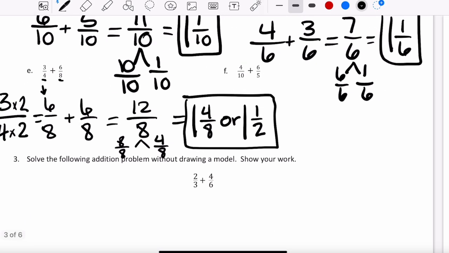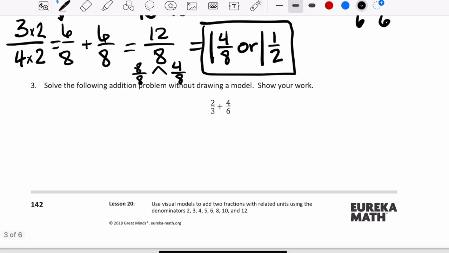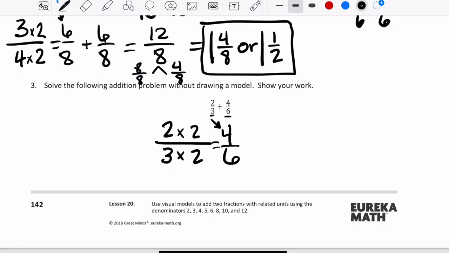Let's look at this next one. We have 2/3 plus 4/6. We can't just add them together, so we have to multiply to get 6. So if I multiply by 2, then I get 3 times 2 is 6, and 2 times 2 is 4. Now 2/3 is 4/6. And I can add the other 4/6 to that number, and that gives me